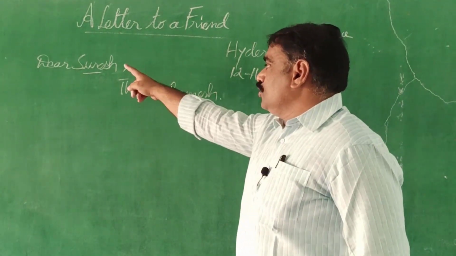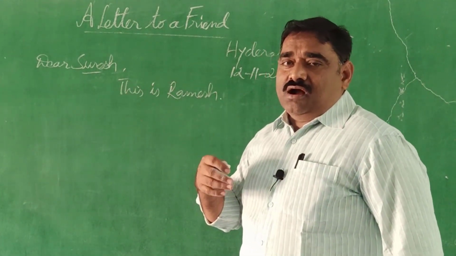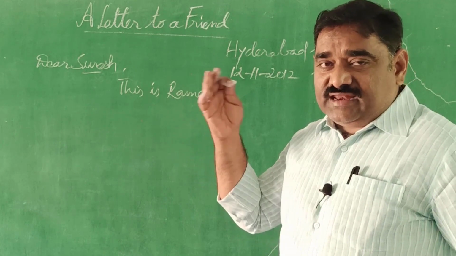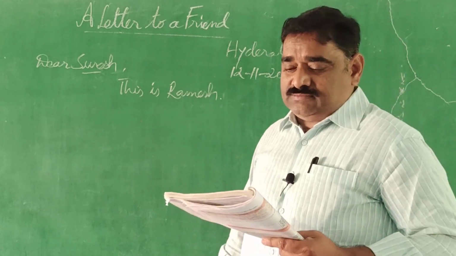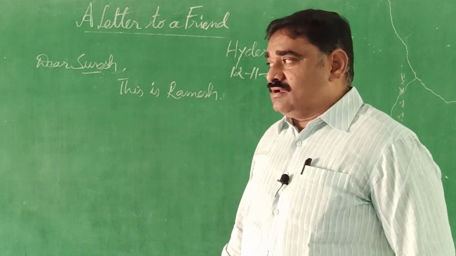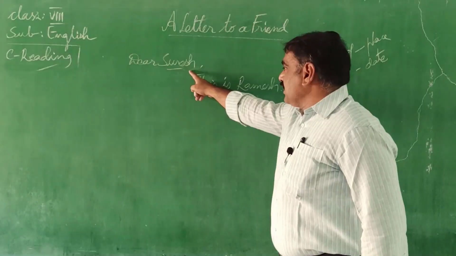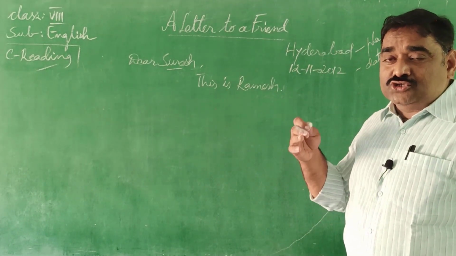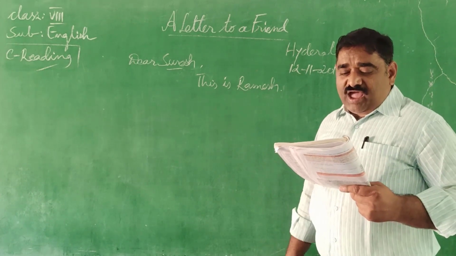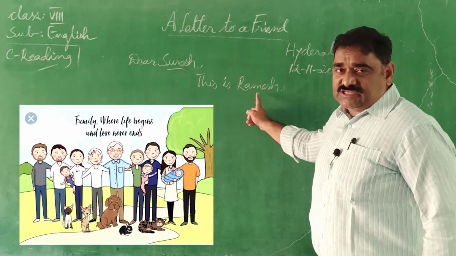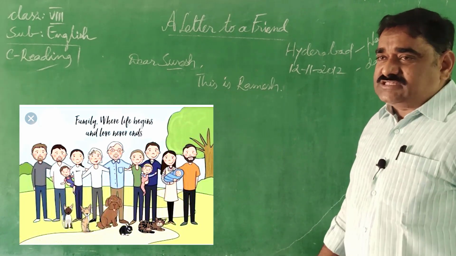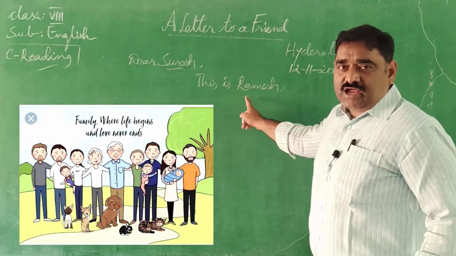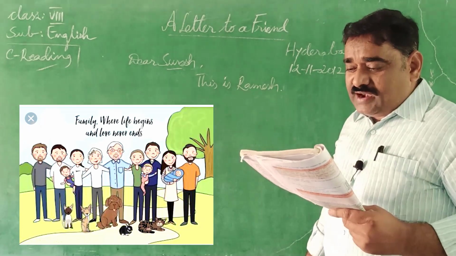I remember how we enjoyed our childhood days in Manikonda village. Now Ramesh wanted to recall their childhood days, the way they experienced them in Manikonda village. Every day we played together in our garden. So Ramesh wanted to make his friend Suresh remember their childhood days. Every day they used to play in their garden. Our family was very big. Whose family? Ramesh's family was very big. There were 12 members in our family. So Ramesh's family is a big family, 12 members. It's nothing but a joint family. I remember how we played in the moonlight.